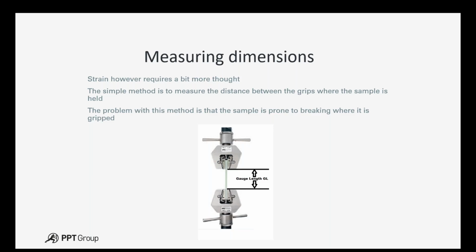Now, this has inherent problems. You're using a flat sample. It's prone to break where you're gripping it because you're applying a pressure to the side of the sample. You don't always know whereabouts it's going to break, but it would tend to break where you grip it. So we need a solution to this, and many of the testing standards apply this solution in the form of a dumbbell,